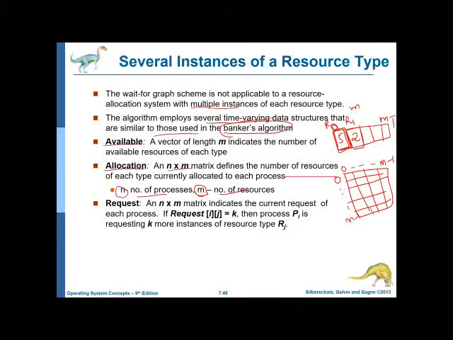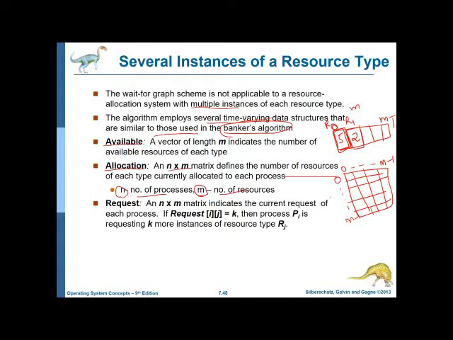Every row represents the process ID. Suppose this is represented by the pointer named i. So i equal to 0 means process number 0, i equal to 1 means process number 1, and i equal to n minus 1 means process number n minus 1. Similarly, the columns represent the resources. Suppose it is represented by j, then j equal to 0 is resource number 0, like the printer I told you before. Similarly, resource number 1, if it's the hard disk R1, is the second column.